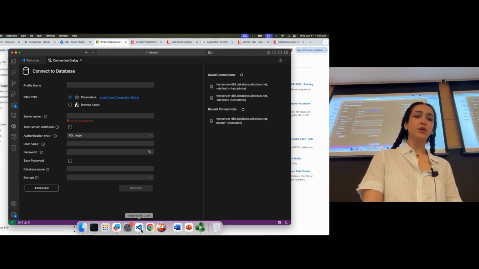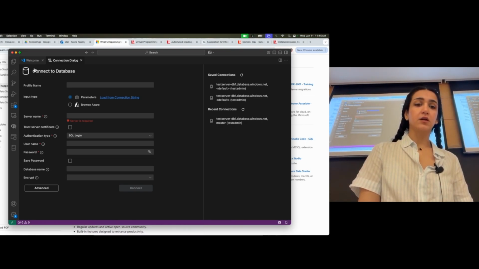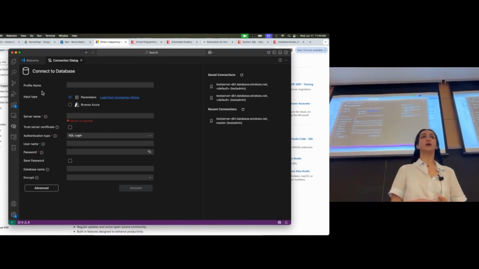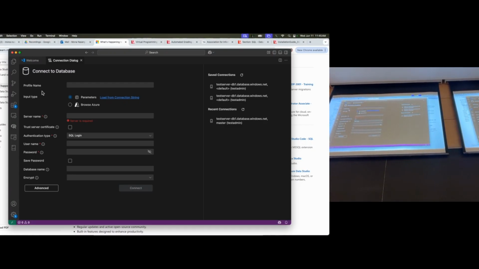But you can go here if you install Visual Studio Code. How many of you have already used it before or have it installed on your computer? Okay, so